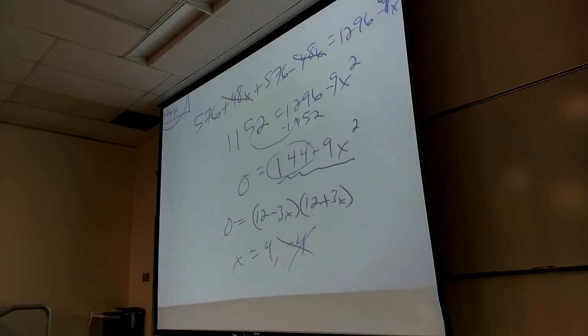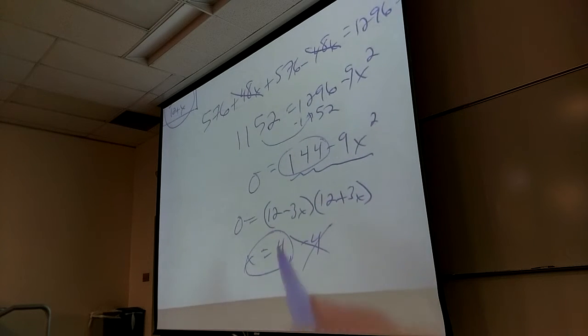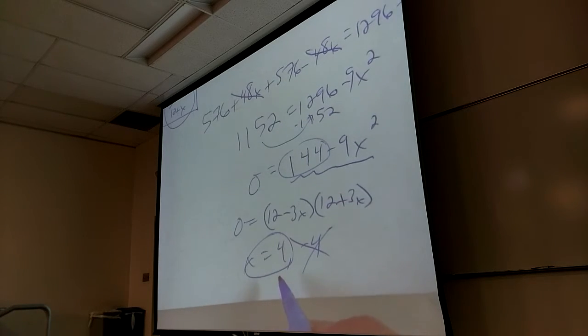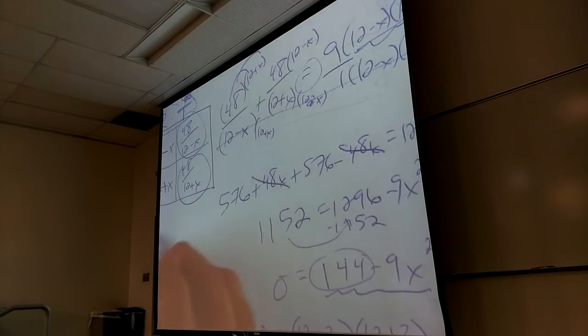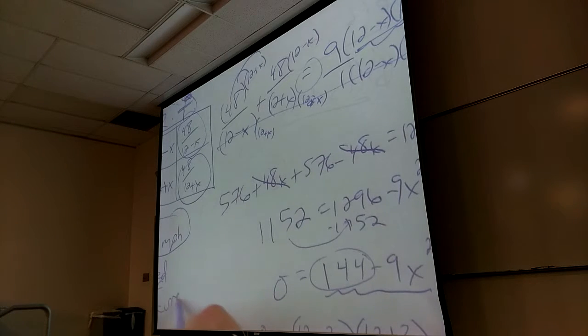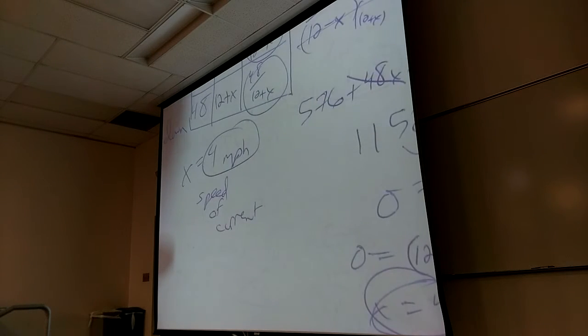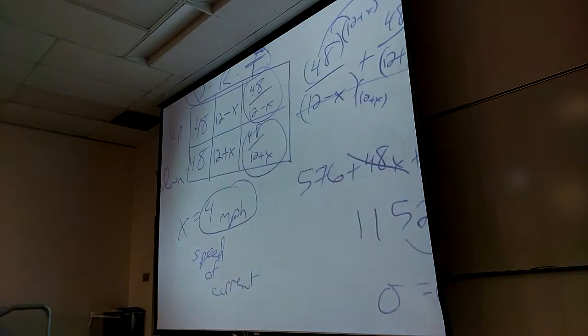Responsibility. So, what does this mean? Let's see if anybody gets my references. What does this mean? Is this an answer, actually? This isn't even an answer. What's my answers? Upstream. What's the speed of the current? Well, this is an answer, but what is it? x equals 4 miles per hour. I like it. It's the speed of the current. Whoa, there it is. Does it make physical sense? Yeah, it does. I'm left with 8 and 16, yay. Okay, good.